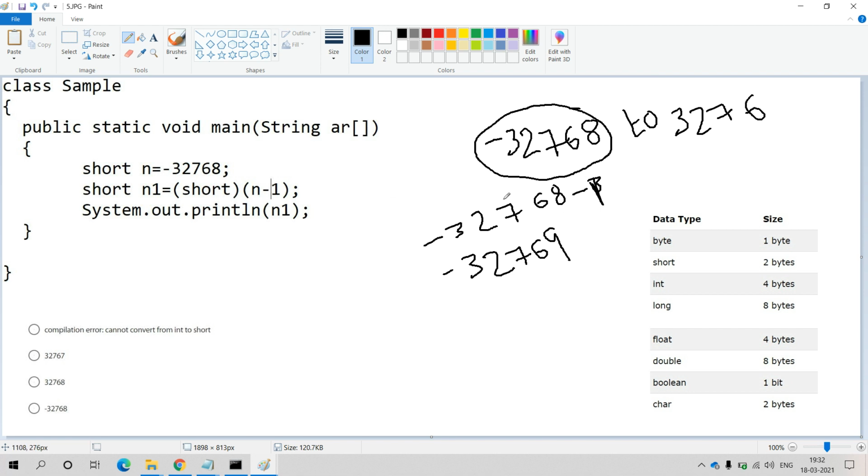We are exceeding the range of the negative number by 1. At that time, it will try to print the positive representation of the given range of the short data type. The given range of the short data type is minus 32768 to 32767, and whenever we exceed the negative range by 1, it will print the positive representation of that short.